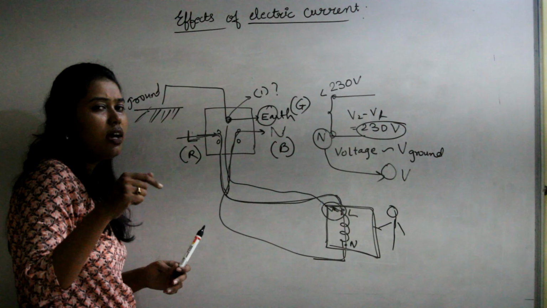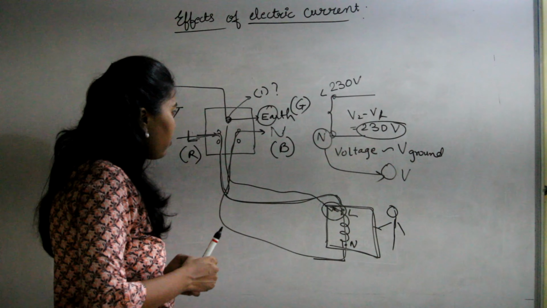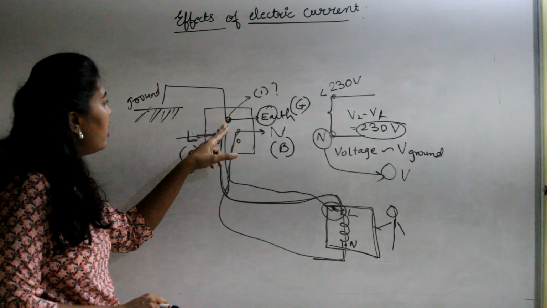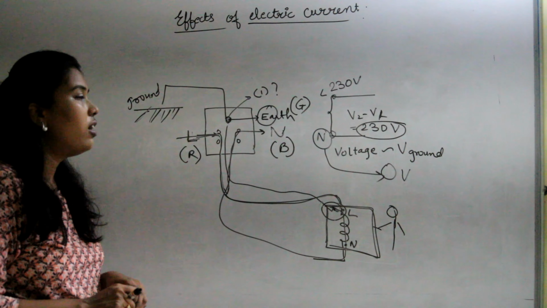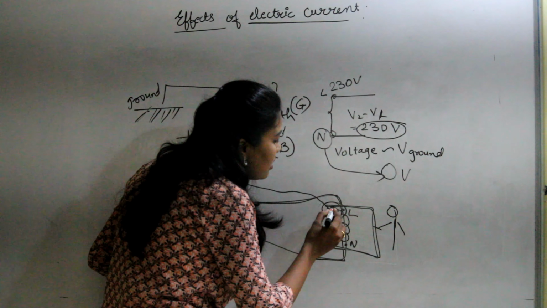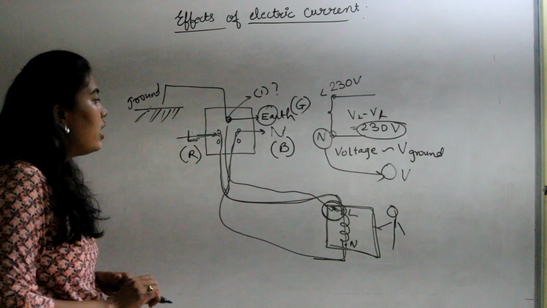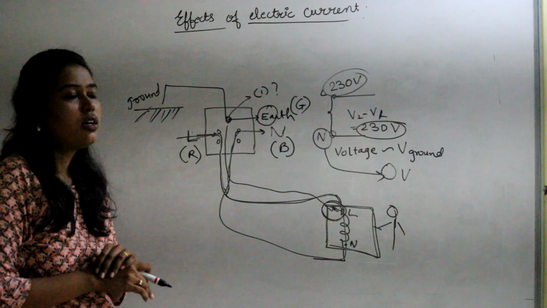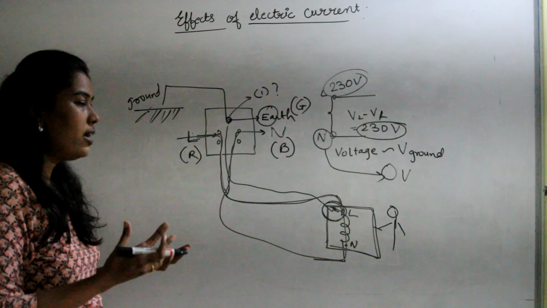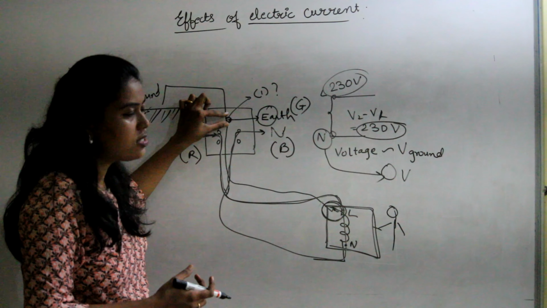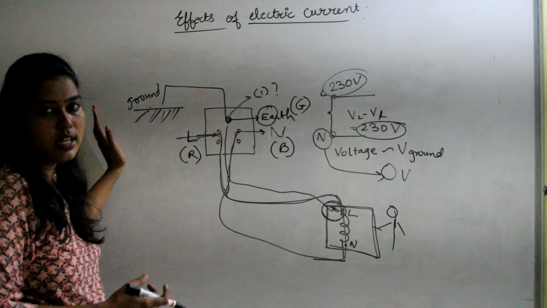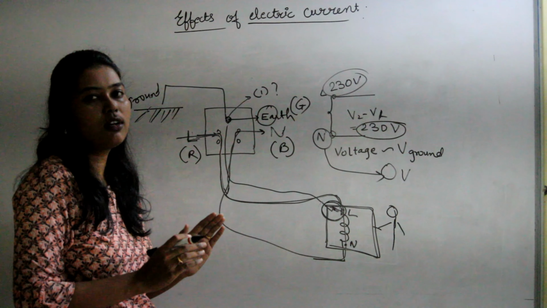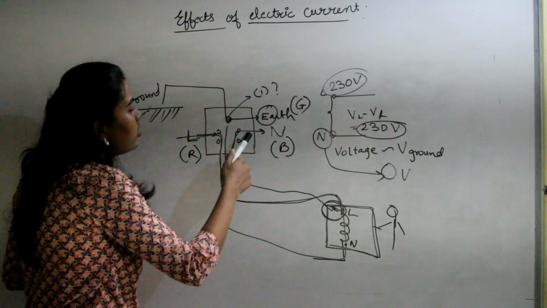Now another question arises in my mind: why is the cross section of this greater, which I had asked you before? What is the reason? I have told you that this is the fault current. The fault current is 10 to 15 times greater than the normal current. So the amount of this current is greater, so it should have a greater cross section, so that it can travel through that medium. The cross section is greater because the fault current is greater than your regular current.